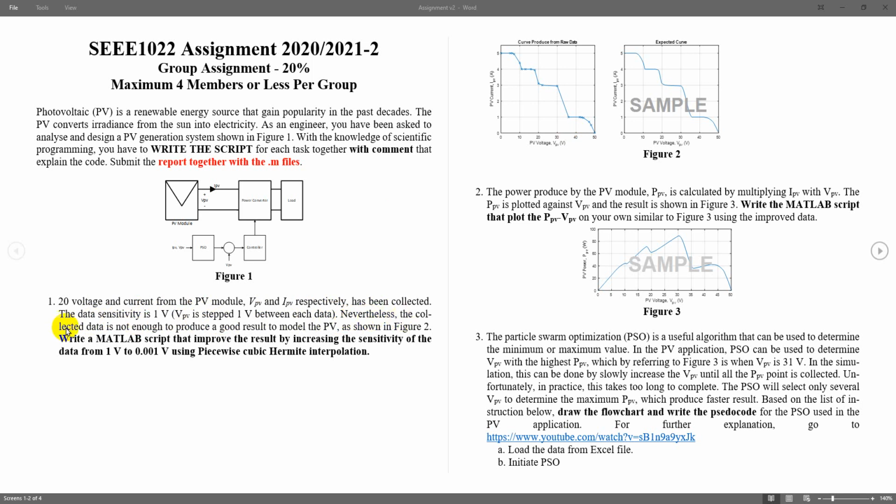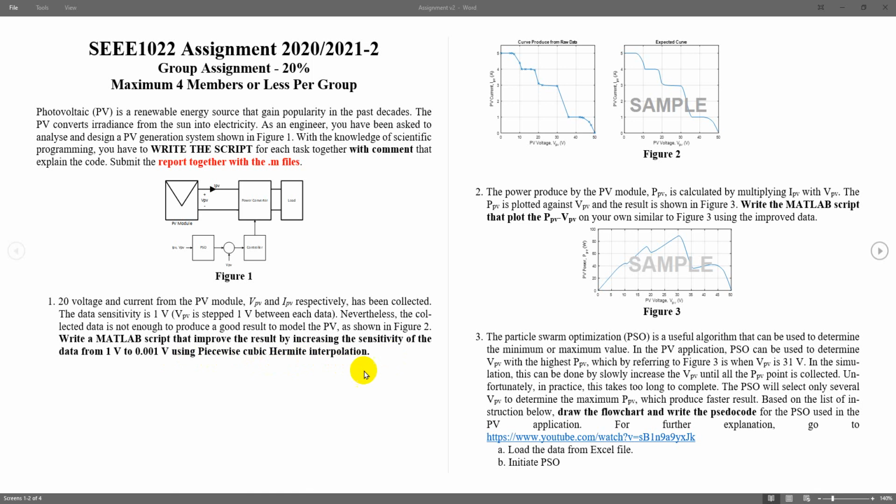Nevertheless, the collected data is not enough to produce a good result for the PV model. So write a MATLAB script to improve the result by increasing the sensitivity from 1 volt, or actually higher than that, to 0.001 volt using piecewise cubic Hermite interpolation.